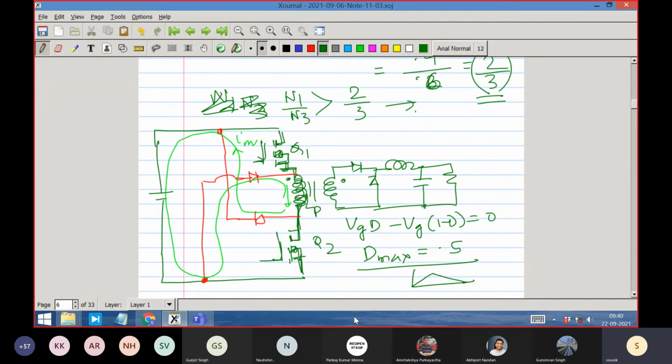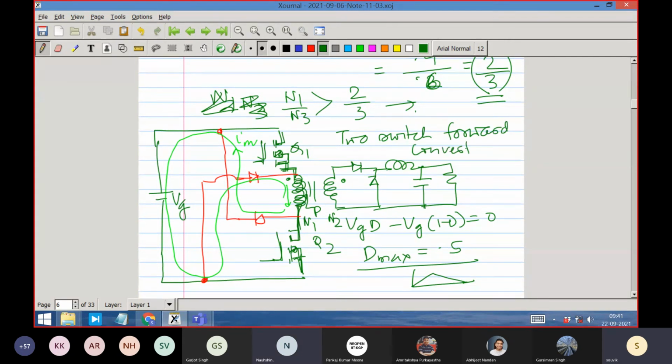So there is a constraint on the duty ratio. Somewhere it is affecting one thing or another. This is Vg. Either you require a Zener, or you require a tertiary winding, or you need to have a limited duty ratio. But that may not be such a big problem because we have the turns ratio to adjust the output voltage. It is not truly a limitation because we have N1 and N2 to play with to adjust the output voltage, right? So this is called a two switch forward converter.